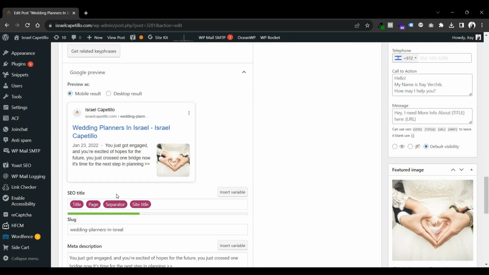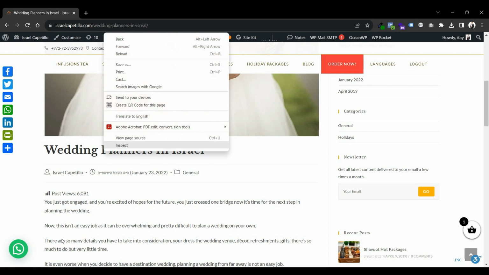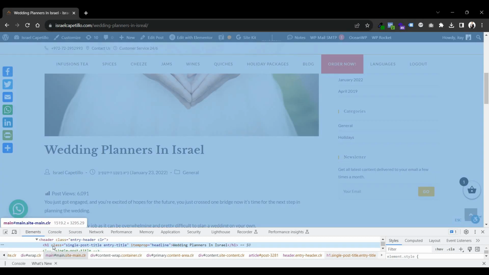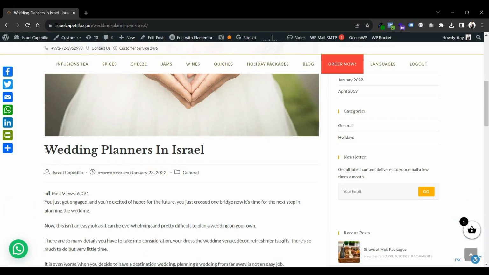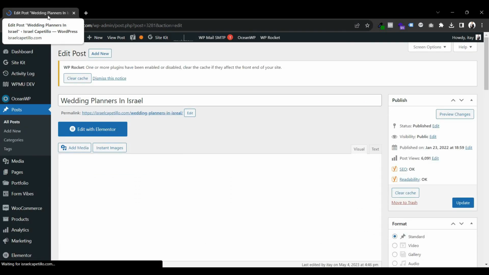the SEO title that takes the variables from what I've written here, and this will also be shown on the Google search. And on the exact page with Elementor, as you can see in inspect element, I can show you that this HTML tag is H1, which is the main title of the page, and this took the details that I put here on the title, which is the exact title that is being displayed on Google search,